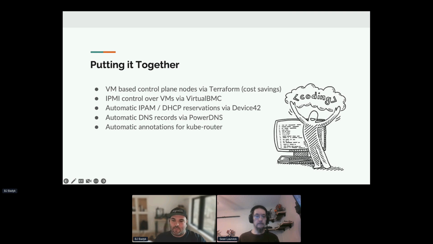We had some customizations we wanted to make, namely being able to save ourselves the cost of running the control plane nodes on bare metal. Because again, at that point, we had limited hardware, and every bit of hardware we had, we wanted to use to serve ads and work with our stack, and not necessarily waste it on control plane nodes that really aren't cracking away or doing much. They just need to be there. So we wanted to do that. Also, we wanted some IPMI control over VMs, because we wanted to use VMs for control plane.